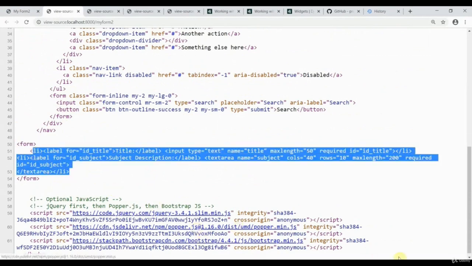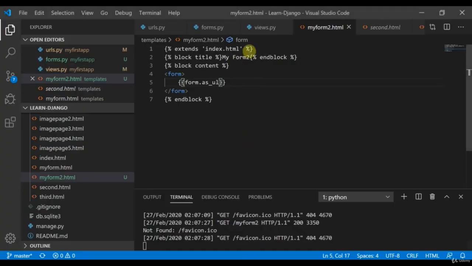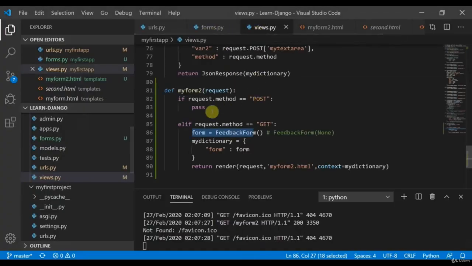In the next tutorial we are going to continue with this, and I will tell you the basic part where the request method is POST. I'll tell you what will happen if the form is submitted. Next we will try to style this form, as well as how we can render the errors, how we can fetch the clean data, and how we can check the validity of the form. So this would help us really